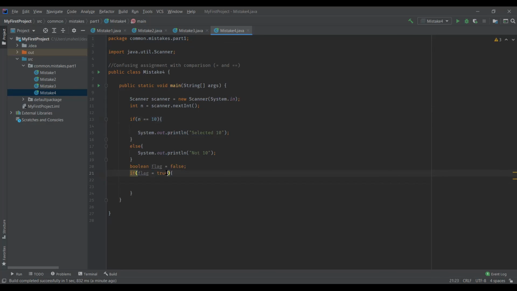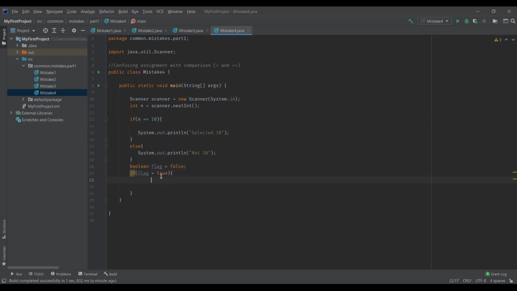This is because this whole condition should either be true or false for the if condition. In this case, what happened? I have a boolean variable flag which has the value false, and I am assigning true to this flag. This whole thing becomes a boolean value which is true, and every time this if block will be true.